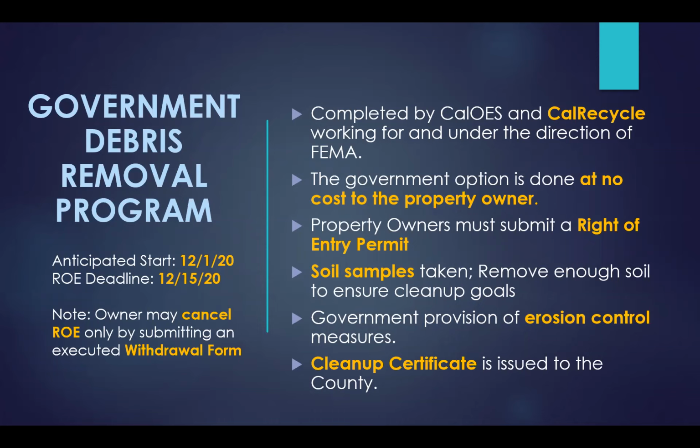So once the property owner signs up for the state's program, you get put into our planning process. There are several steps that go into that. First things we look at are properties that are located near schools or hospitals, nursing homes, places like that, the community is still attending and still going to. So we want to make sure that we remove the ash and debris from those commonly used areas first and